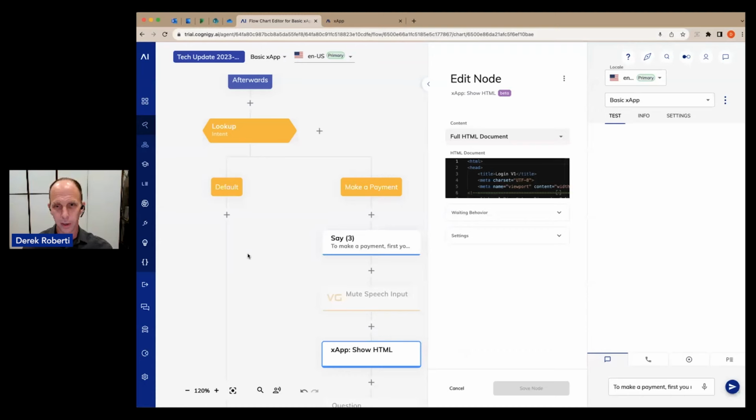We can just use this xApp session URL, and it's going to get the xApp session URL for this session and put it in the text message. Okay, so we've initialized the session, and now if I say hi, and I need to make payment,